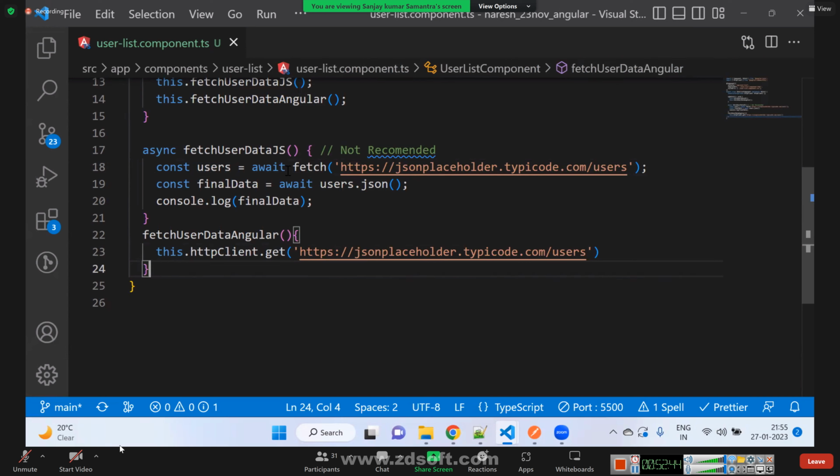Your fetch method returns what? Can you tell me what the fetch method is returning? Promise. If it is returning a promise, we can get the data using the then method, right? Correct. But here, the HTTP client's get method will return one observable. If you want to do that, let